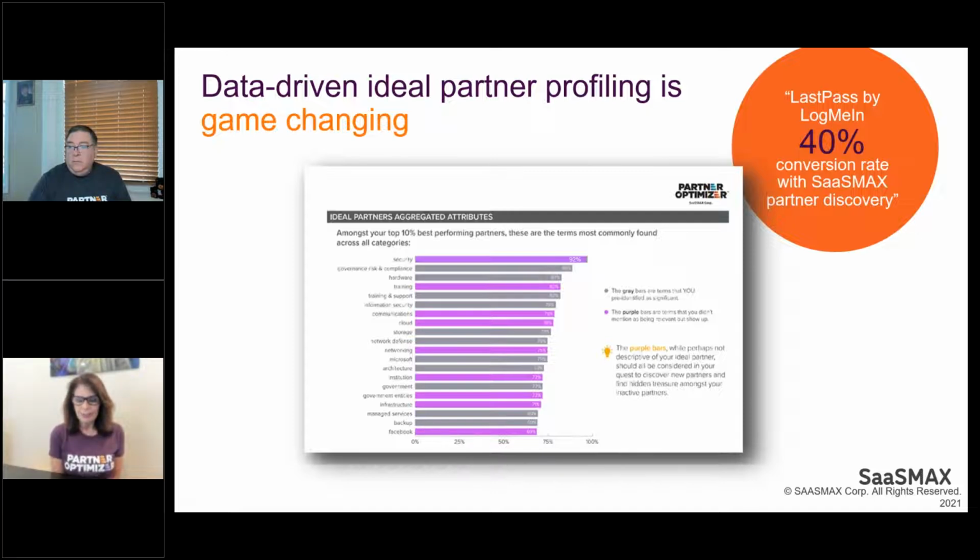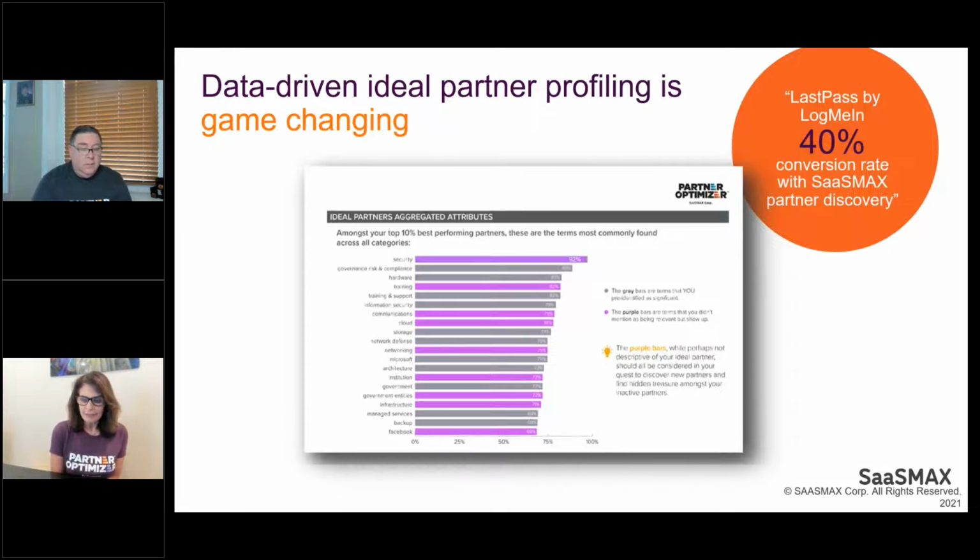And this is the type of table that we generate to show that when we look at a set of best performing partners and we roll up all the data that we find from their digital footprint online, we're able to tell you what attributes they have in common. And some of these attributes, like the ones that are in gray, are ones that the channel team would say were obvious to them. But then the ones that show up in purple are additional ones that were not obvious. And yet they become all part of what an ideal partner profile looks like, especially if you want to use that to build a query and to share with stakeholders and to talk about your messaging with them.